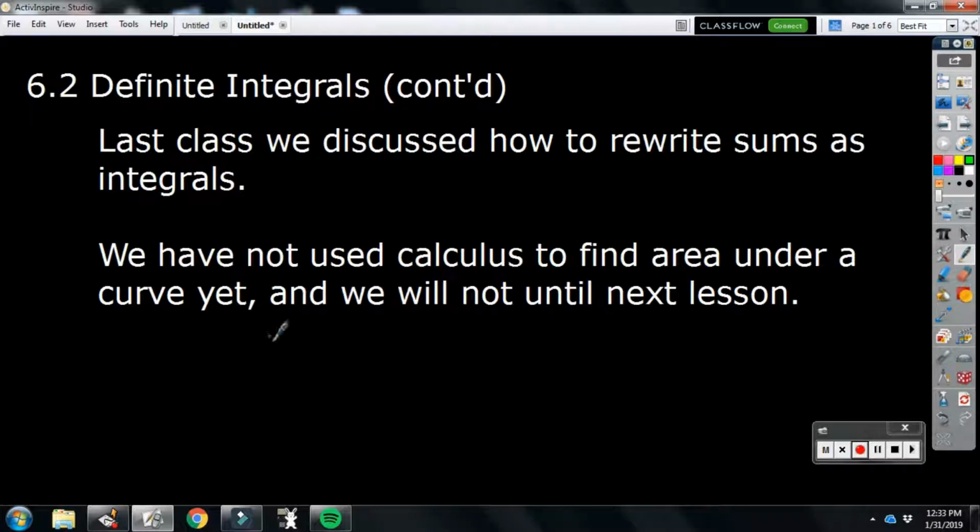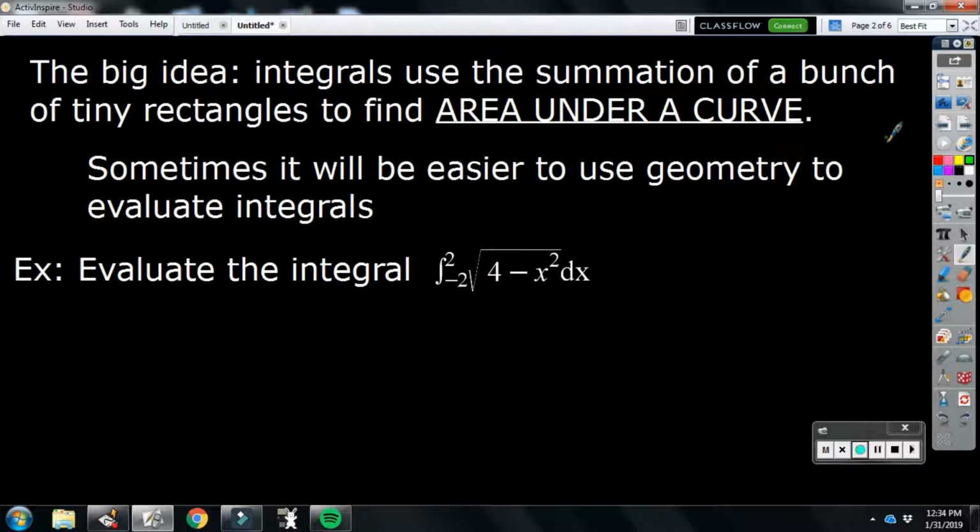So 6.2, we're going to continue to learn about definite integrals. Last class we just learned about how to rewrite the summation notation as integral notation. We did not use any calculus yet, and we're still not going to learn any calculus yet. We're just going to use geometry to find area under a curve. So what we said last class was that integrals use the summation of a bunch of tiny widths of rectangles to find area under a curve. But in this class, we're still not ready to learn that. We're just going to look at